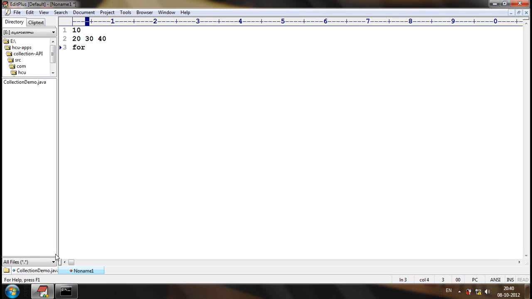Then they'll ask what is the value printed, whether it is a compile time error or runtime exception, or it will print 10, 20, 30, 40, or none of the above.